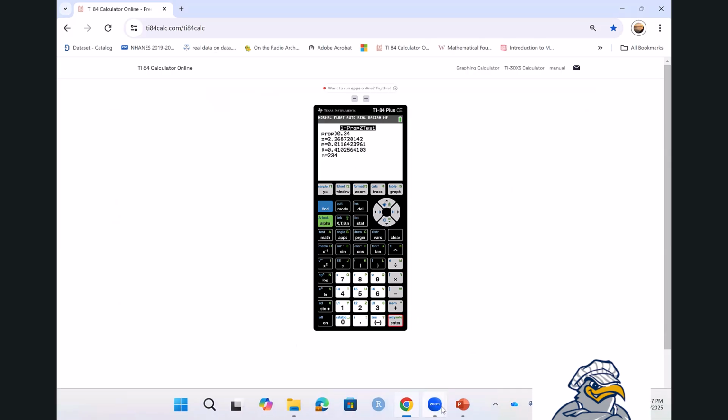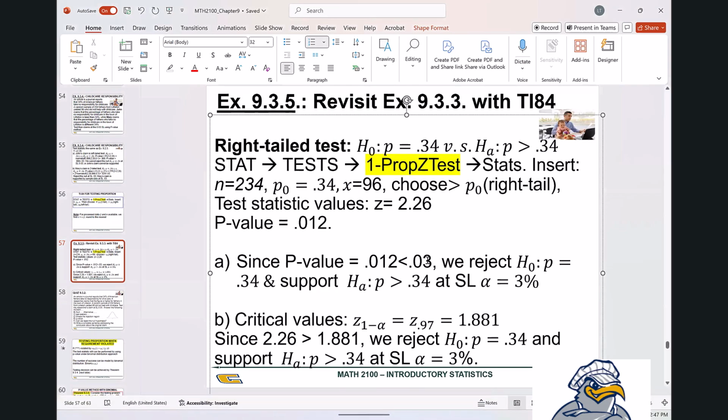0.012, right? And all you need to do is just compare with the significance level 0.03 here. And for here, you can see that your p-value is less than the significance level, which means you reject the H naught and support the claim. And if you plan to use a critical value method, then one additional step you need to do is